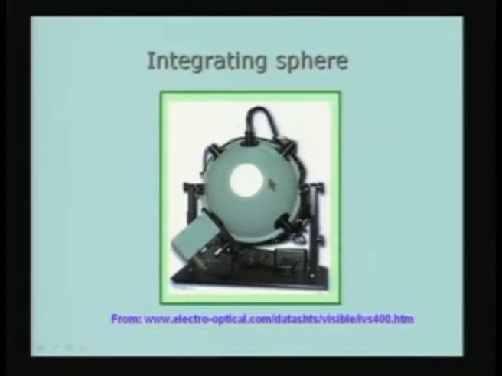We can also use it for, if you look at the size of this integrating sphere, it can be anywhere from a few inches or a few centimeters in diameter to a few meters in diameter. That is, I am talking about this diameter. In the illumination industry, where you test very large sources of light, large bulbs for example, you need a very large integrating sphere, because the larger the integrating sphere, the more accurate the measurement, and the errors are minimized.